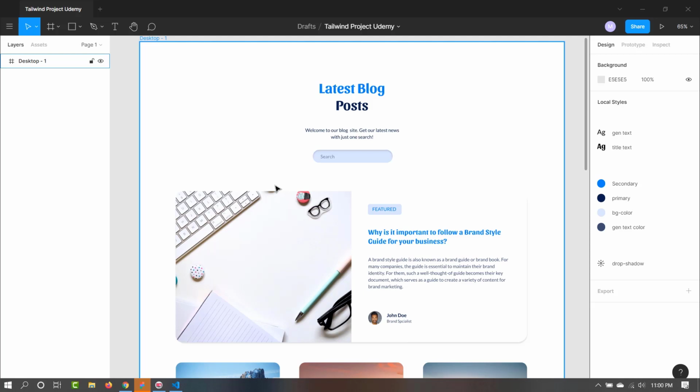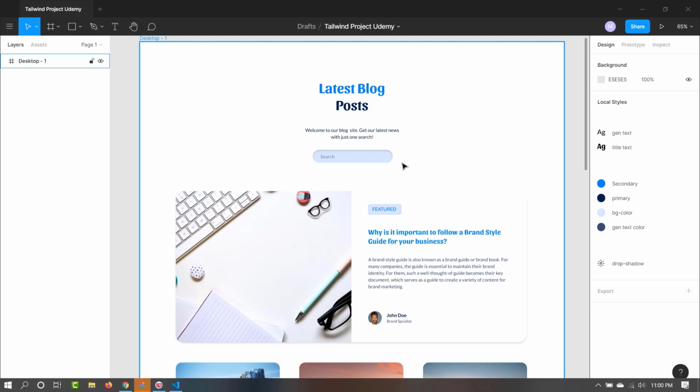Now if you are working with some custom templates or designs, then you may have some custom colors and font family and stylings that may not be available in Tailwind CSS. That's why we need to add some custom classes in our Tailwind CSS, and we can actually do that. That's why I like Tailwind so much, because it is highly customizable, and in this video we are going to do that.